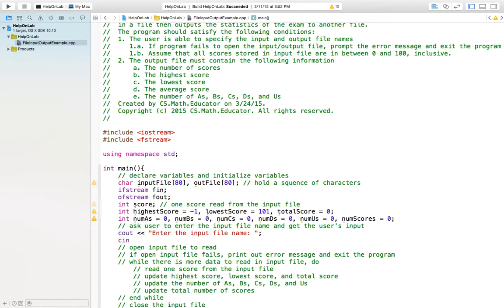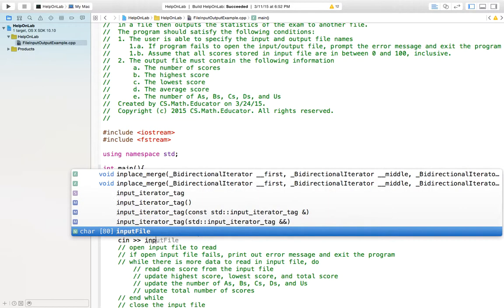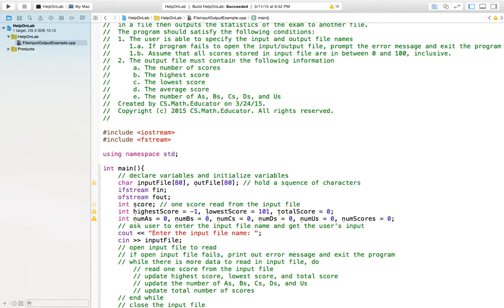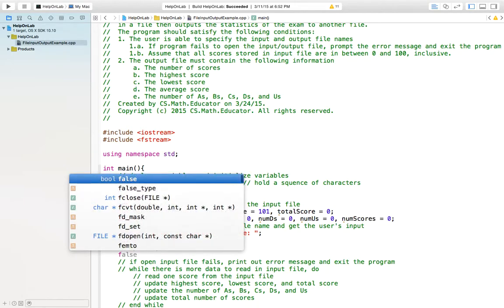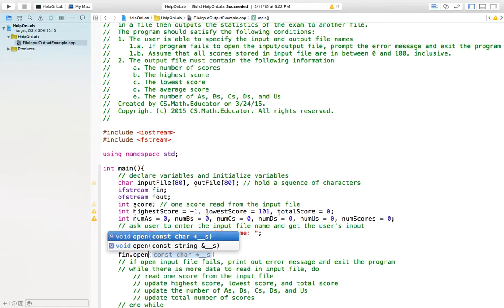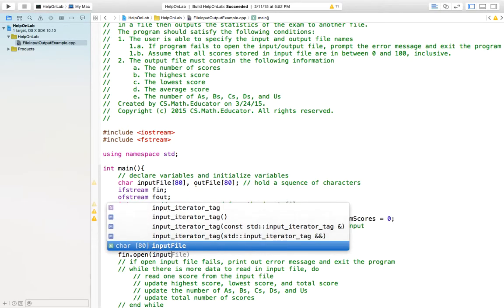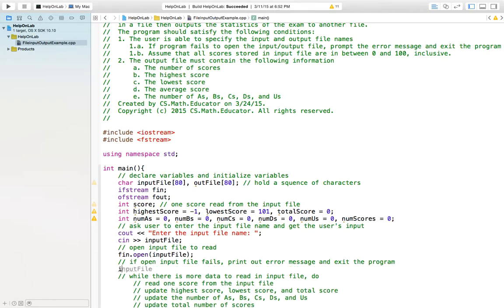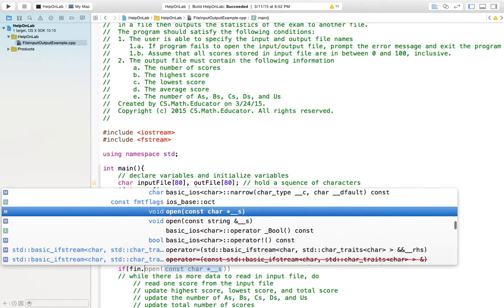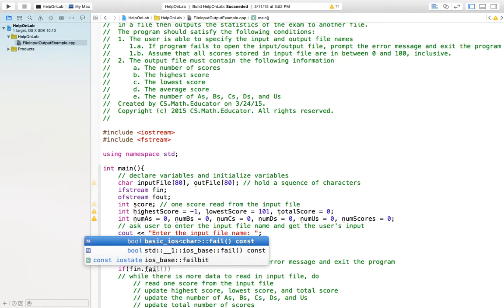Then we say cin input file. Okay. Now I open the input file to read. Then I say fin dot open input file. Okay. Now if opening the input file fails, if fin dot fails,